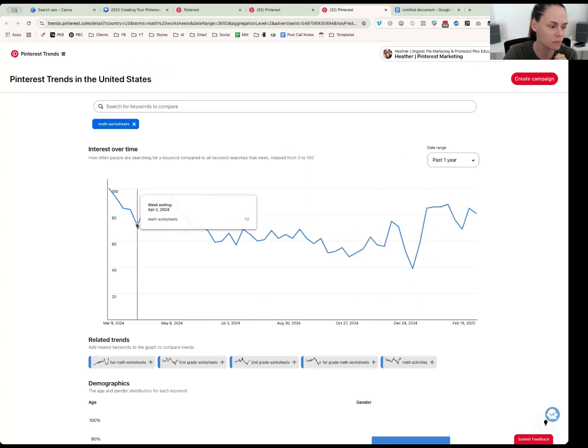Now you can see this sharp decline right here. It's coming down, but the volume of this for the entire year tells me it's really evergreen. So even if it's coming down 2% week on week or 20% month on month, this is above this 20 line. I create in my mind the x-axis of 20 is evergreen for me. Anything above that, I'm using it all year long.